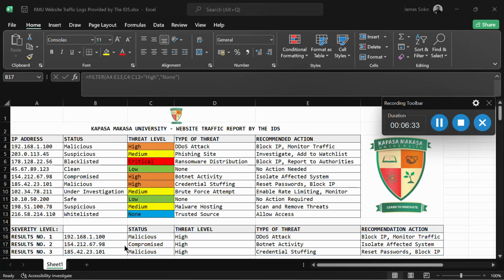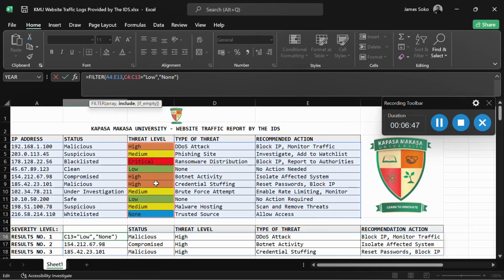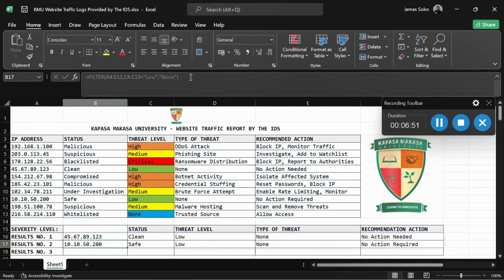Yeah, so now let's assume we want to change this value. Okay, we want to change this value now, from this high, maybe we say low. So we can see if we filter out something which is low, we expect to see one result. Okay, so once I press enter, by the way, it's 1, 2, so we have these two results which are low, and we are able to filter out these things.